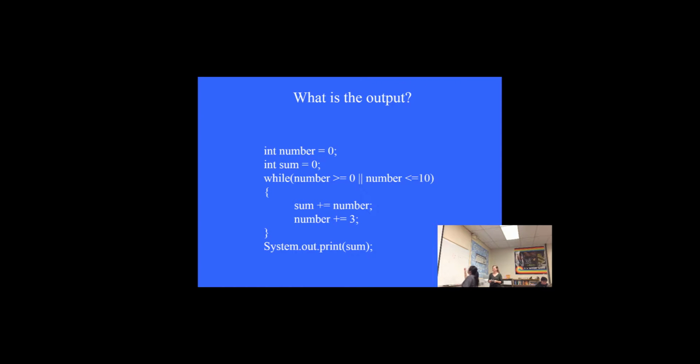Yes. And then since number is still, wait. Oh, you did it the other way around. I'm doing it wrong this side. You could do it the other way. Can I change it? Yeah, you can change it. And then change these around then. So put 3 over here. So this changed to a 3, remember? And that one stayed 0. I think it was right the way it was, because sum stayed 0. Good. And then since number is still greater than 0 and less than 10, then add number to sum,